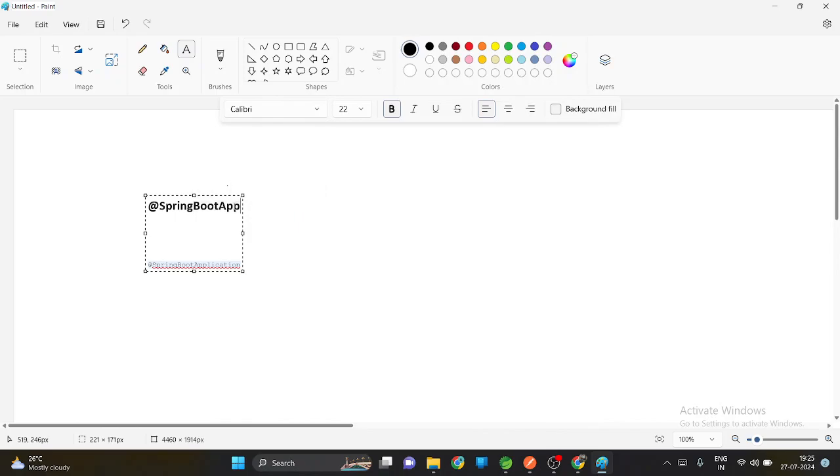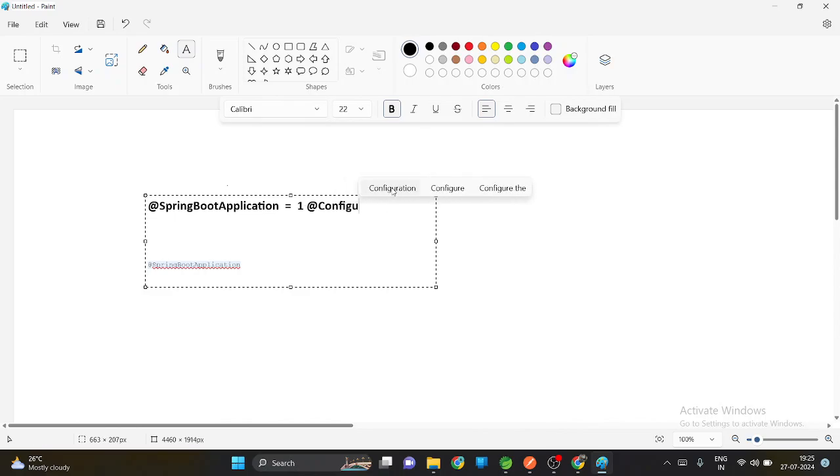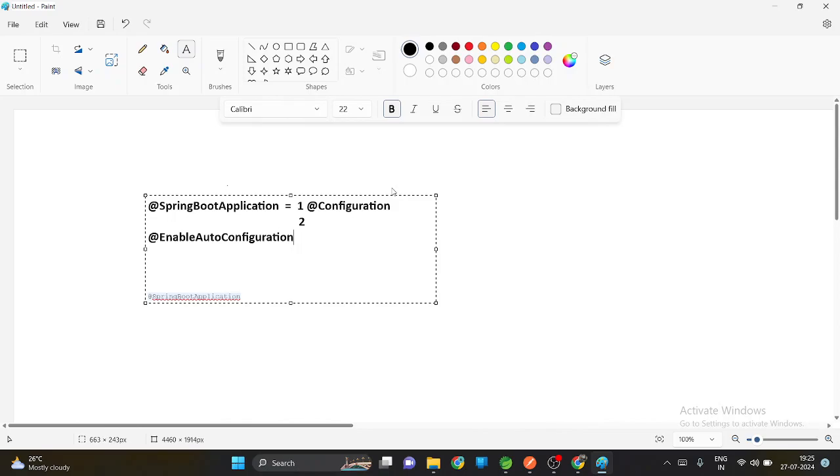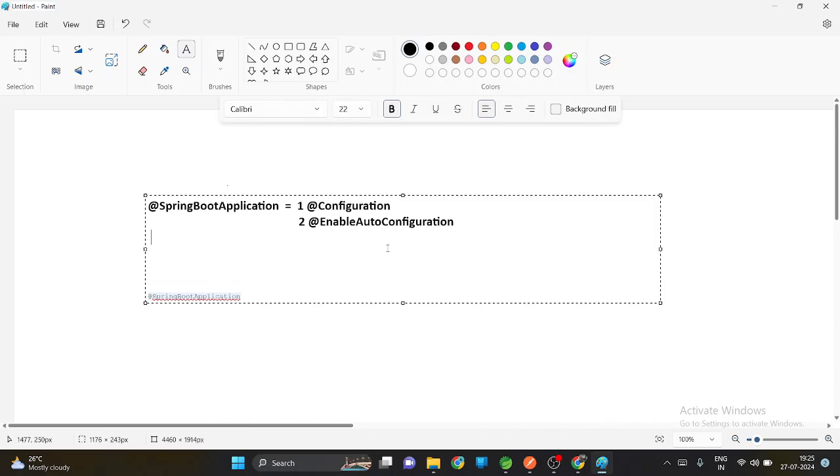Spring Boot application. This annotation contains three: one called @Configuration, another annotation called @EnableAutoConfiguration, and another one is @ComponentScan. So @SpringBootApplication contains three annotations: Configuration, EnableAutoConfiguration, and ComponentScan. I will explain